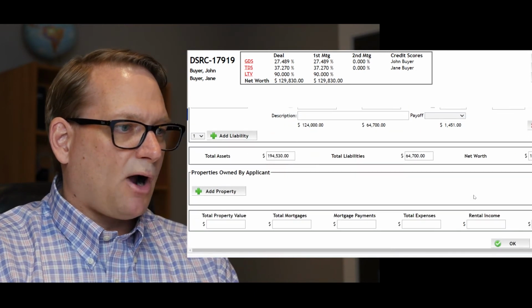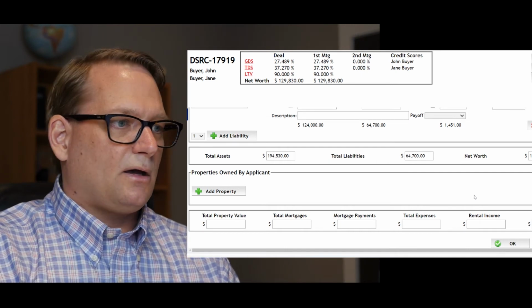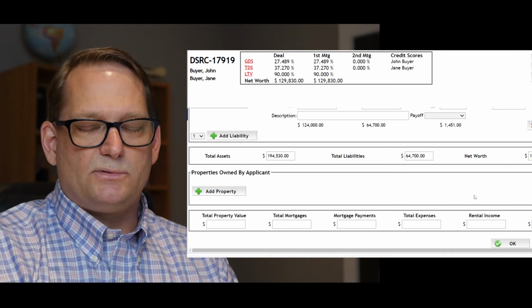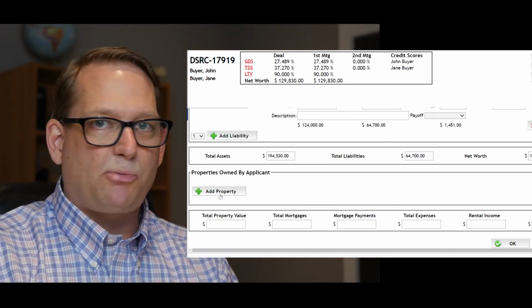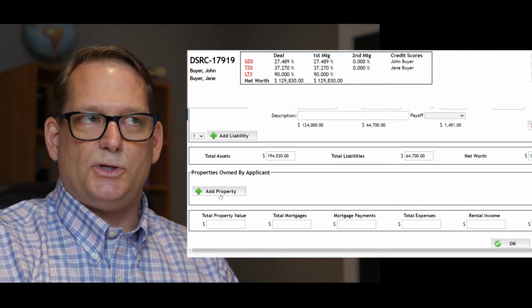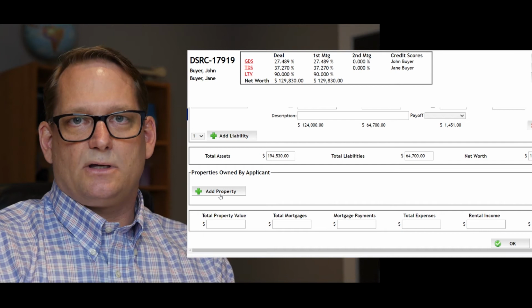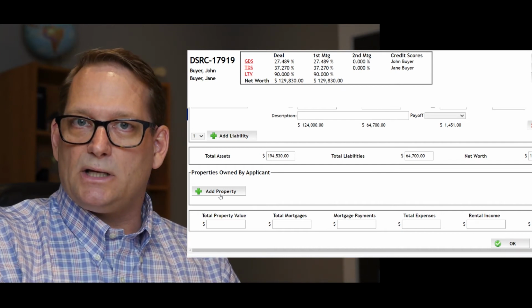So they don't own any properties. If they did own perhaps some farmland, so if their family member gave them some farmland and that sort of thing, then I'd put that in here under additional property. And then if they're getting a little bit of rental income from that, we typically don't use farm rental income, but it's something that we have to put in there because they might have property taxes to pay on that land.